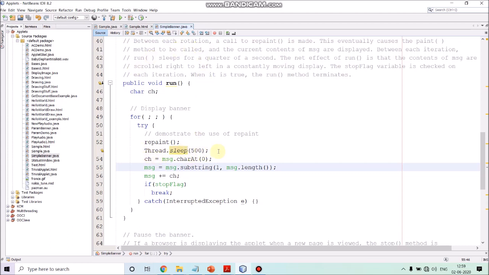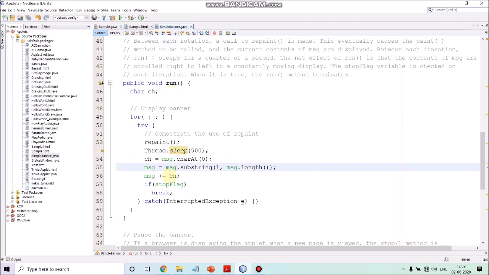After that we make our thread sleep for half a second. Then we want to scroll it. So what we do is we extract the first character of the message, the leftmost character, into ch. Then the remaining characters we copy to the message, and the first character which we extracted in ch, we append at the end.